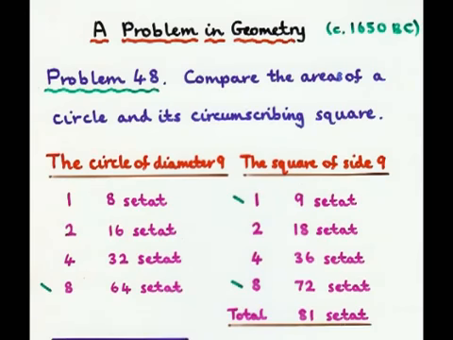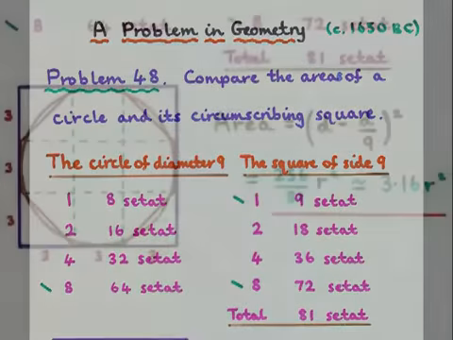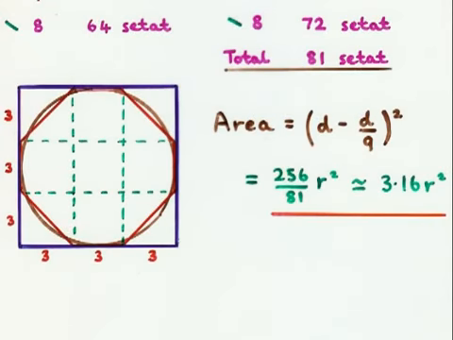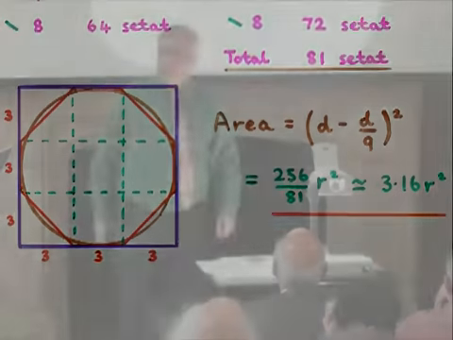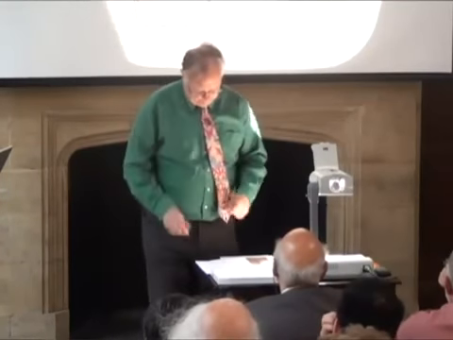So why did they look at 8? Well, basically, the method they used, as far as we can judge, is that they took the diameter. They found in practice that if you take the diameter and remove 1/9 of it, so you've got 8/9 of it, and you square that, that gives you a good approximation to the area. It has been suggested that it's something to do with an octagon, but I think that's been discounted now. So if you take 8/9 squared and put it in terms of the radius, it gives you an area which corresponds to a value of pi of about 3.16, which is really quite remarkable for the time.